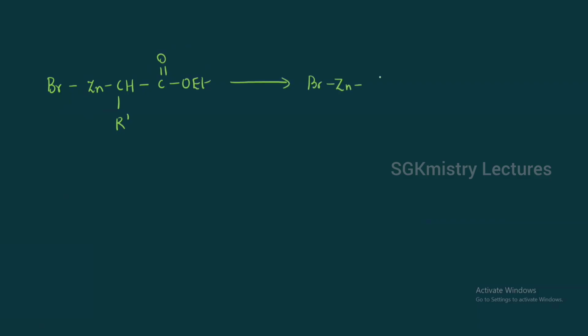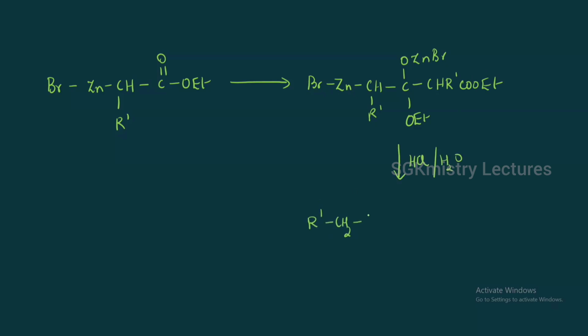This BrZn, CH R', here the other ester also reacts with each other whenever you take the sterically hindered ketones. So COOEt. Now on hydrolysis, that is HCl and water, we are going to get R' CH2 C double bond O CH R'